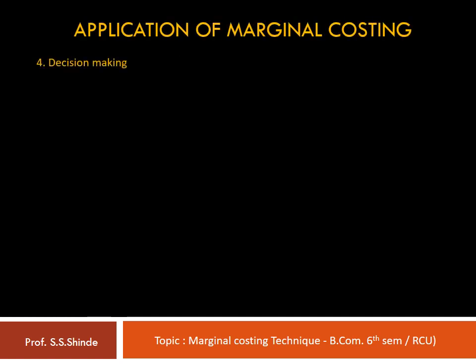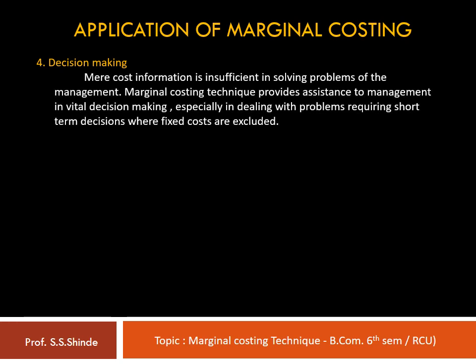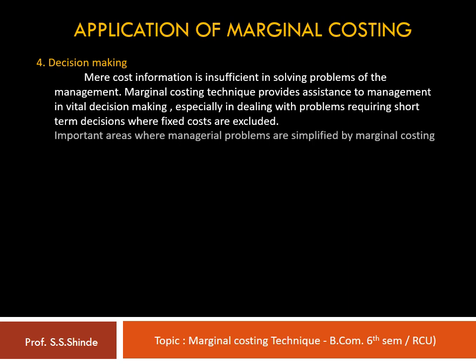The fourth one is decision making. Mere cost information is insufficient in solving problems of the management. Marginal costing technique provides assistance to management in vital decision making, especially in dealing with problems requiring short-term decisions where fixed costs are excluded. Important areas where managerial problems are simplified by marginal costing, namely fixation of selling price,